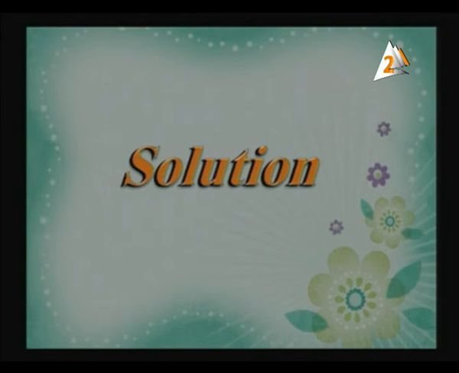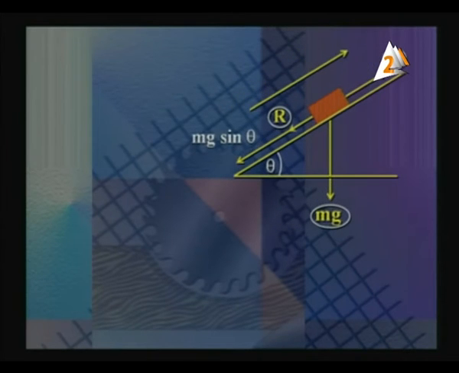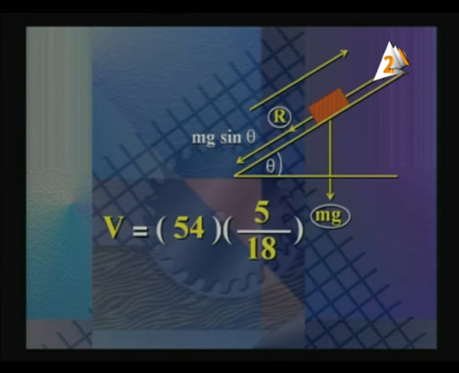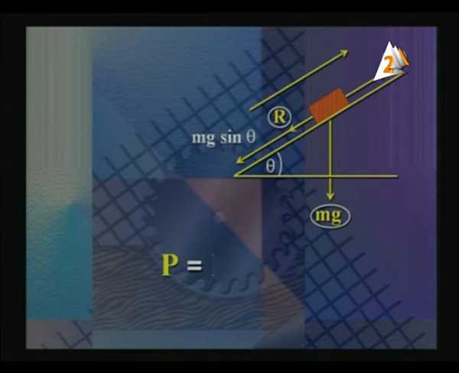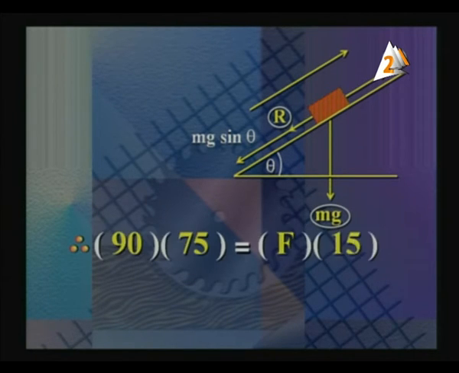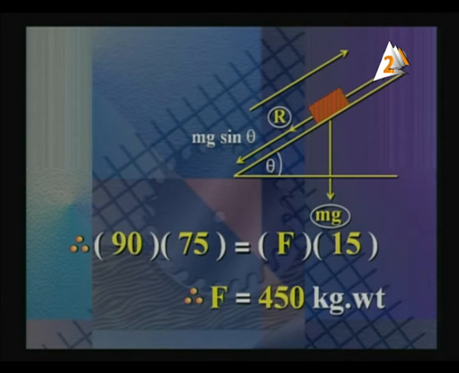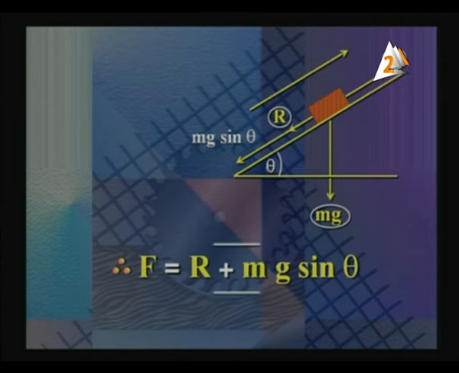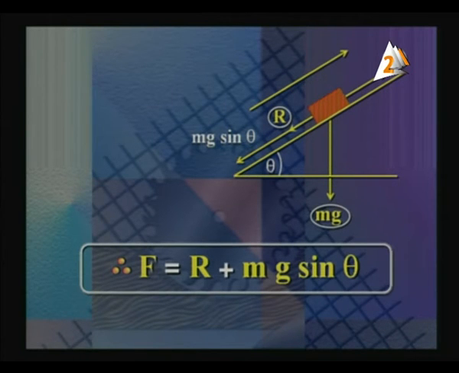Now, as solution we say velocity V equals 54 times 5 over 18 equals 15 meters per second, and the power P equals F times V, or 90 times 75 equals F times 15. So the force F equals 450 kilogram weight. And the equation of motion is given by F equals R plus mg sine theta, or